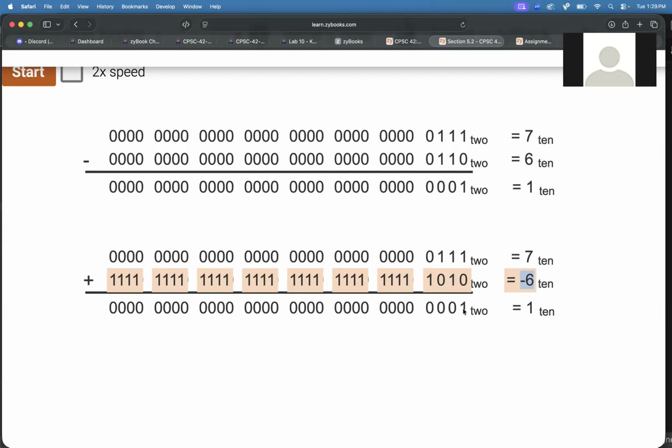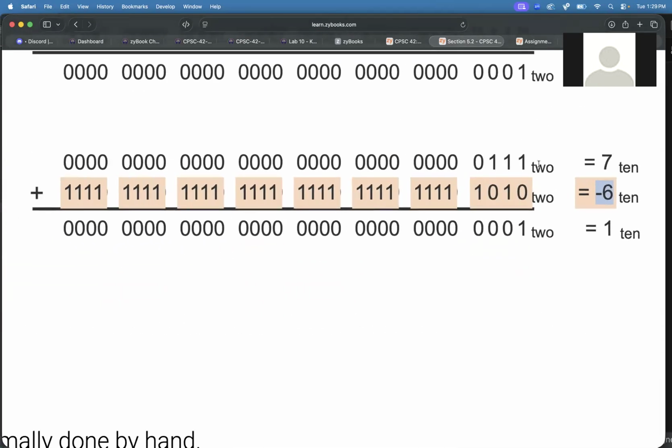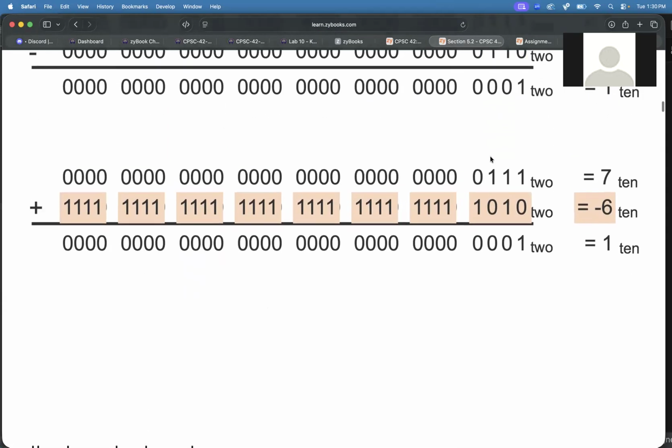So here in this example, they have 7 plus -6, and they get a 1 here, which is the correct answer, right? So the normal rules follow, but I'll go through this briefly just to explain something, because the carries do something weird here. So I'm not going to cover how to convert things to two's complement, but assuming we have the 6 as -6 in two's complement, then we can add them. So let's see. If you do 1 plus 0, you get 1. If you do 1 plus 1, you get 2, 1, 0. So you put the 0 here and you put the 1 up here. But then you have 1, oops. Then you have 1 plus 1, which is